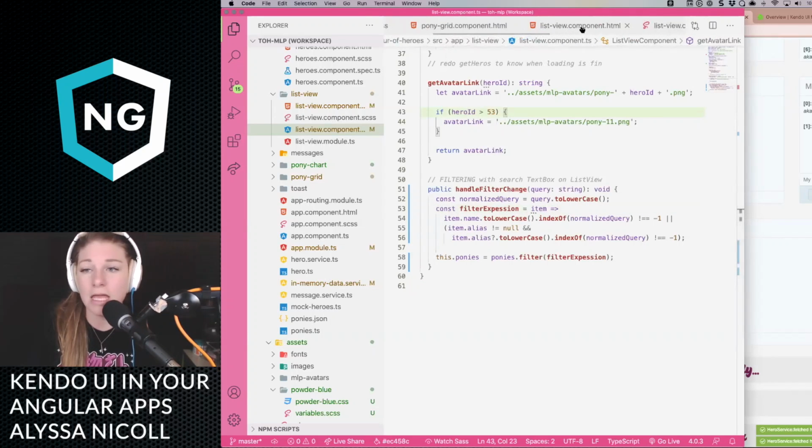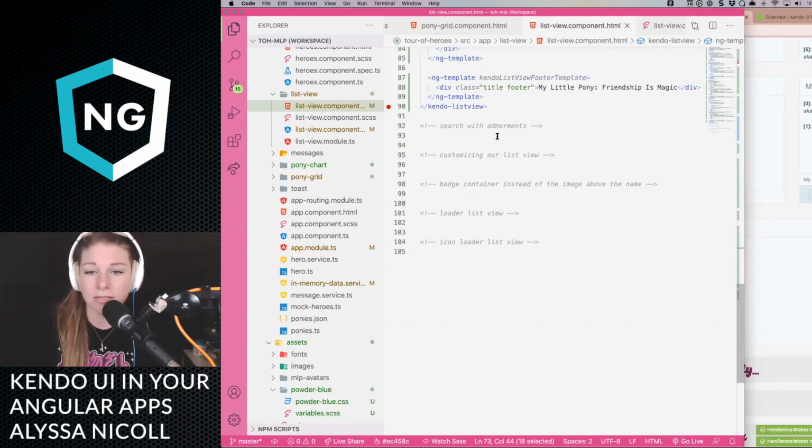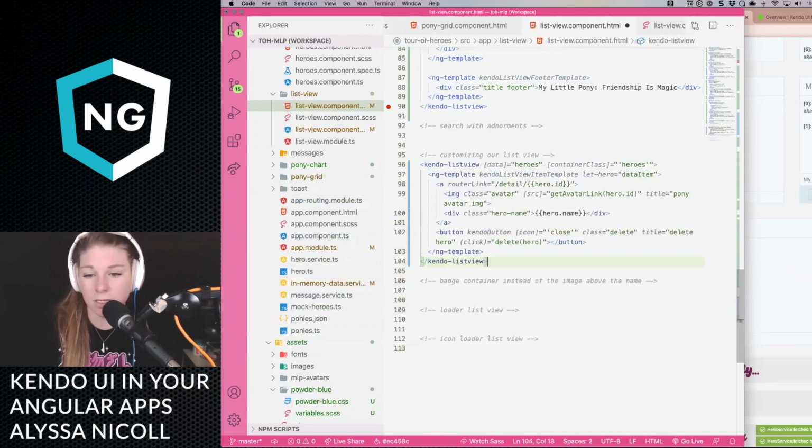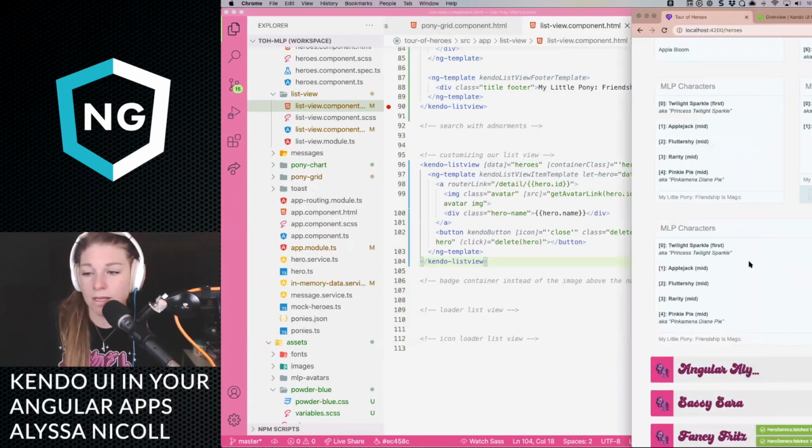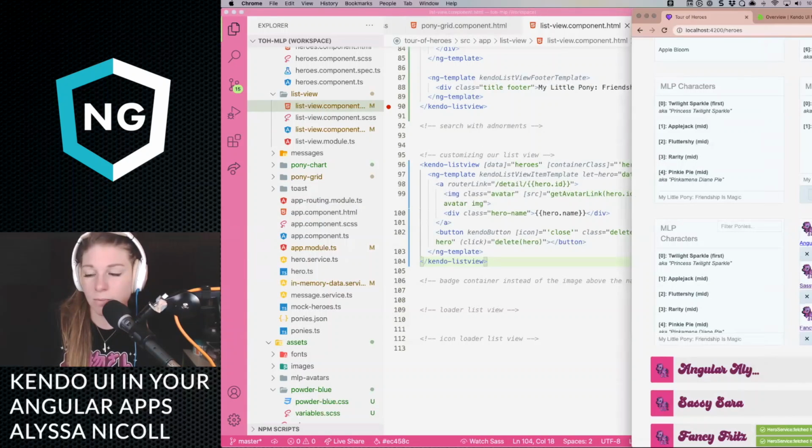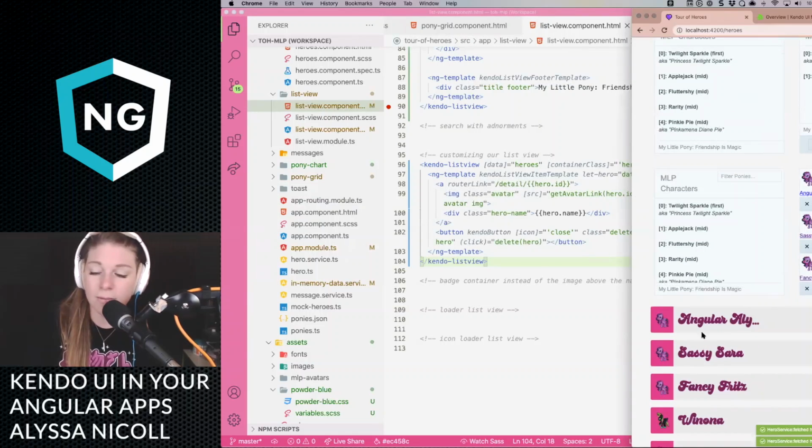I'm going to jump ahead, because my next thing with a list view, because we can adorn the search, is customizing our list view. I think I called it custom list view. My main thing was, yeah, sure, I've got this list of items, but what if I want the list of ponies that I have down here? Because this list down here is one that I built from scratch. But what if I want it inside of the Kendo UI list view and I want to have paging and I want to have searching and I want to have all those features? So we can actually get these cards, like Carl was saying, inside of our list view.